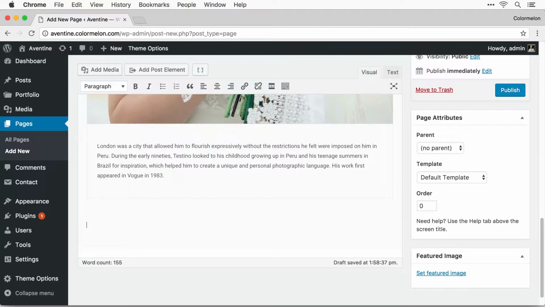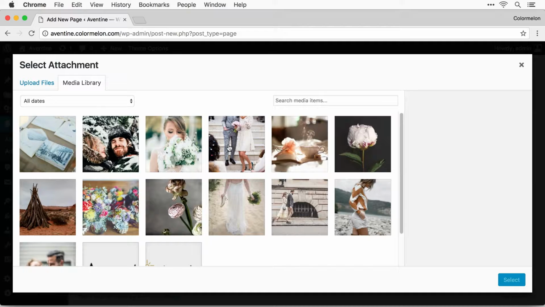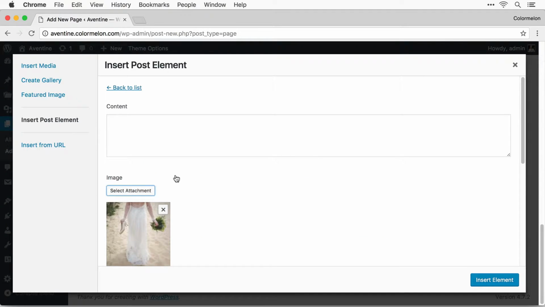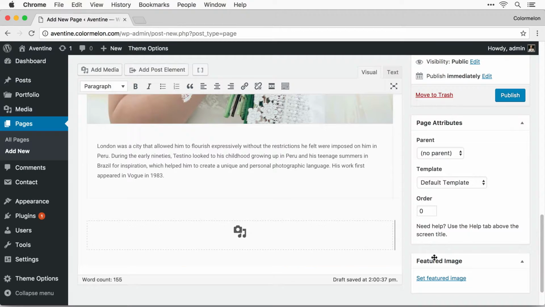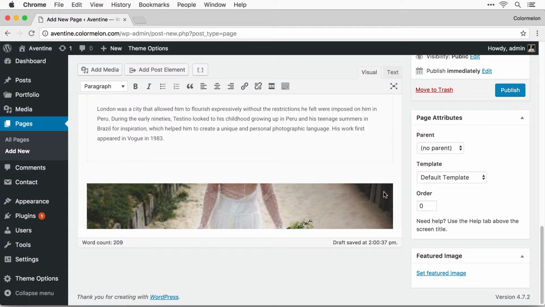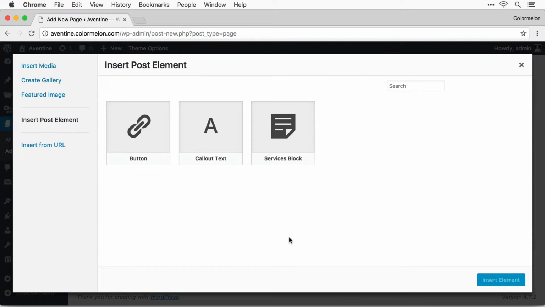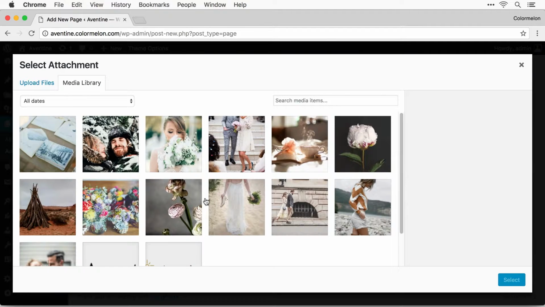So hit return and create another service block. This time I'm going to align the image to the right, select an image, and paste in some more sample content. And let's create one more services block. Align image to the left, select the image,